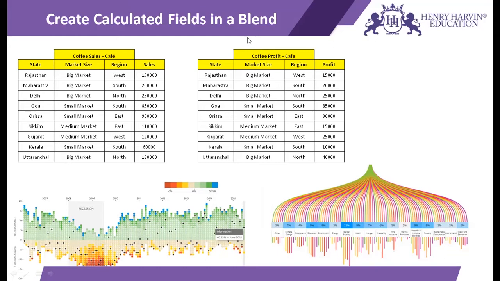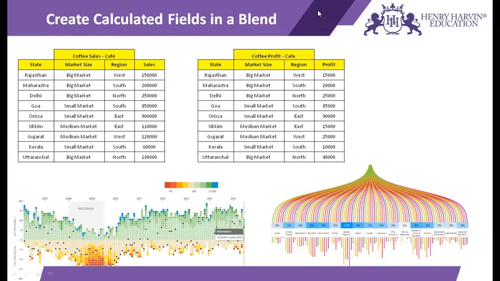We know the sales value over here in terms of money. We also know the profit generated, so we have to find out the cost. That is a simple funda. You know how to calculate cost if you have got the sales and profit. So simple math, you subtract profit from sales and you get your cost price, a very basic formula. But over here, since my sales and my profit are in two different data sources, I'll have to blend these data sources together and form a single data source, and then I'll have to find out the cost of the coffee manufacturing.